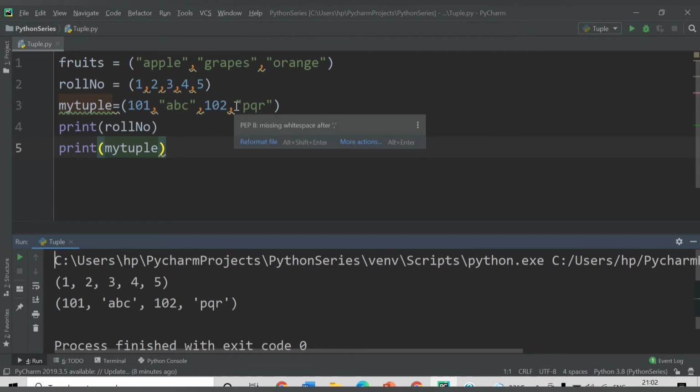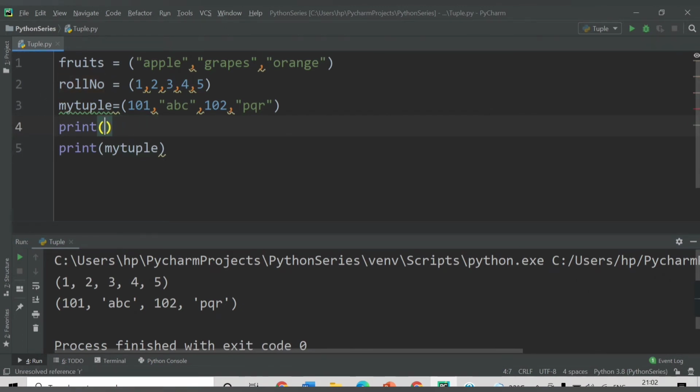So this was the use of the type function to check the data type of a tuple and how to declare tuples. Another way is to check the length of a particular tuple. Let's say print, I want to check the length of the roll number variable. You need to provide the len function and pass the name of the variable. In a similar way, len of my tuple.